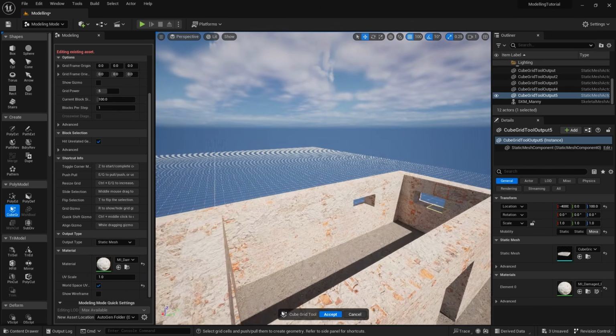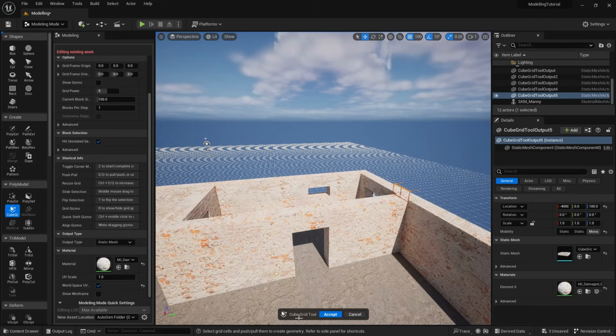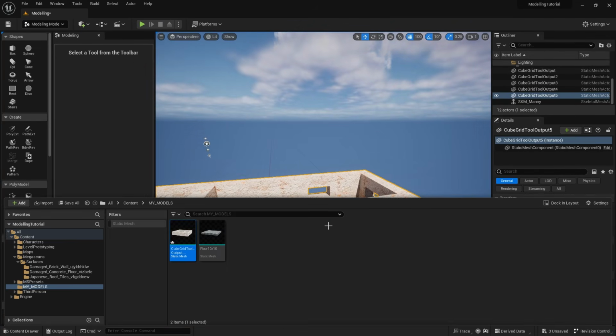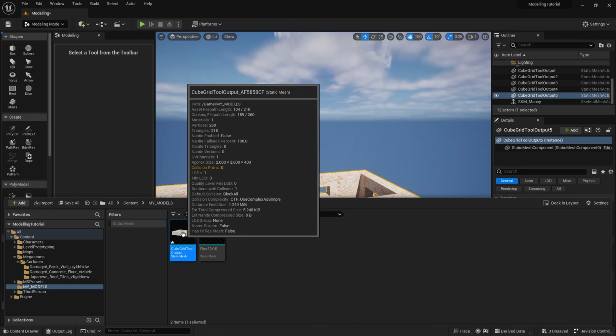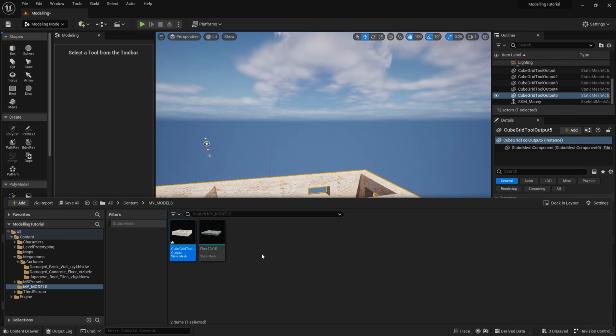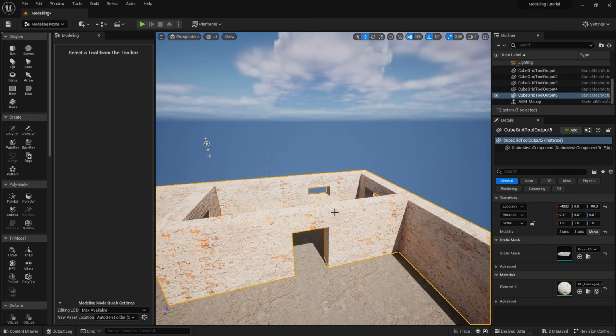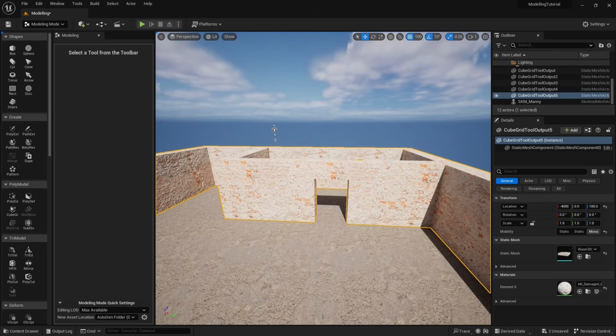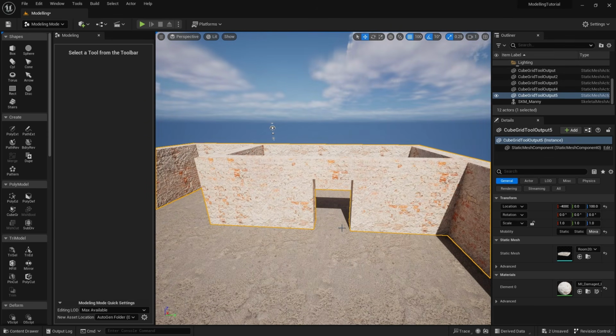So at any time during this level, in fact, let's press Accept or Enter, and you can see if we do Control B, you can see there's our mesh here in the generated folder. Might be a good time to name it, room 20 by 20. And at any point in time while we're modeling here, we can test this out. So let's go into play mode. So press play,